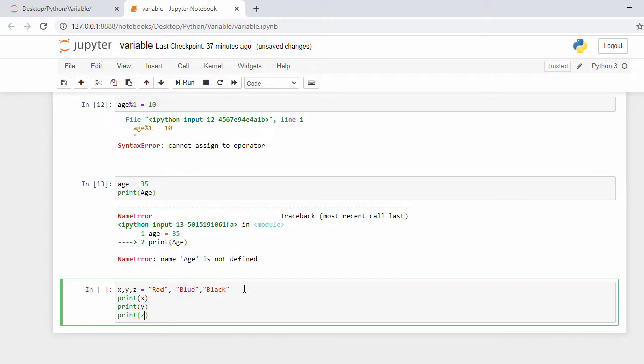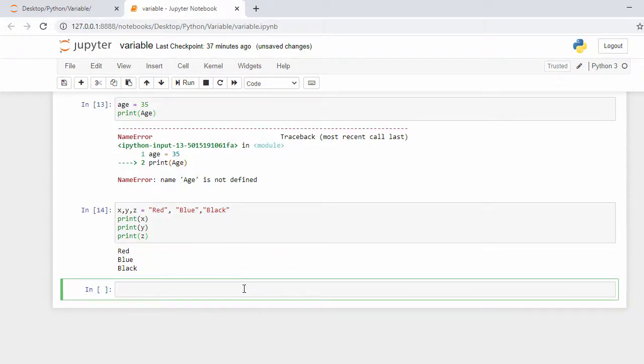When I execute this, it gives me red, blue and black. So that's how you can assign multiple variables in a single line or single statement.